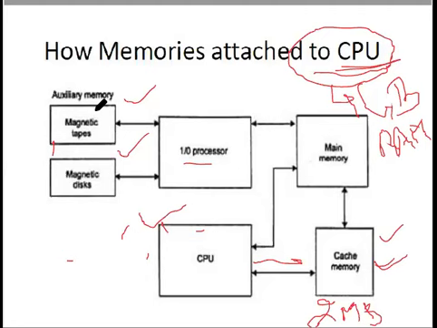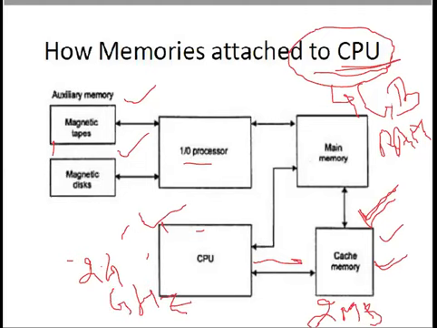So if we can store bulk of the programs in secondary storage, why can the processor not directly access this secondary storage? There is a difference, and that is why these memories are classified. Cache memory is the fastest one. It has the lowest access time. Hence it can synchronize with the CPU, because the CPU operates on a clock frequency of 4 gigahertz. It works on an operating frequency of 2.4 or 4 gigahertz, of this range.